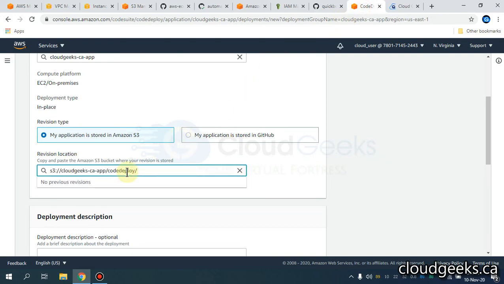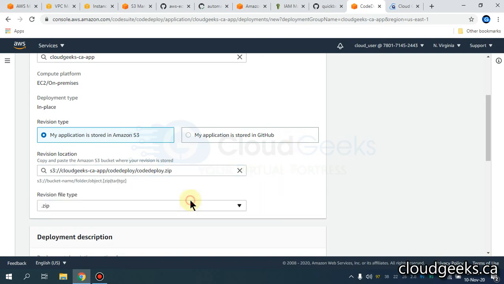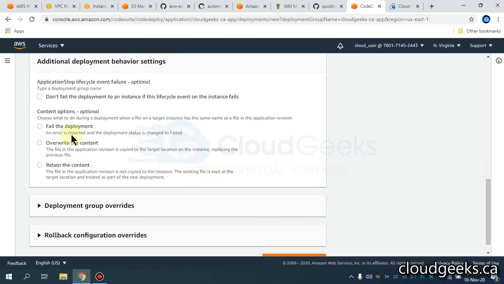I have to give the full path as well, code deploy dot zip. So our artifact is in the zip format. I'm going to override the content.